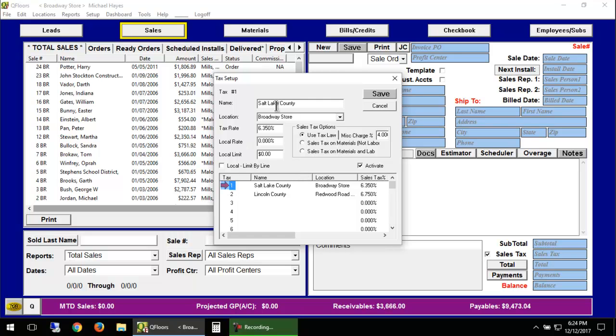So I'm going to change this. We'll say this is the Salt Lake County rule, and we're going to change this to say old Salt Lake County rule. Press enter, and then my new one, I'm just going to name it Salt Lake County,